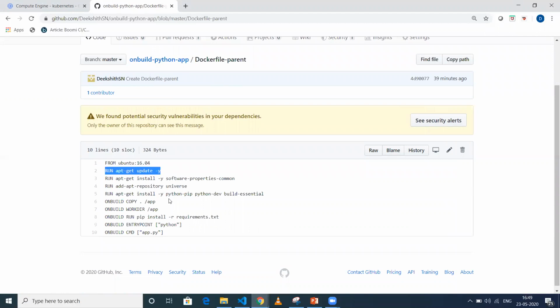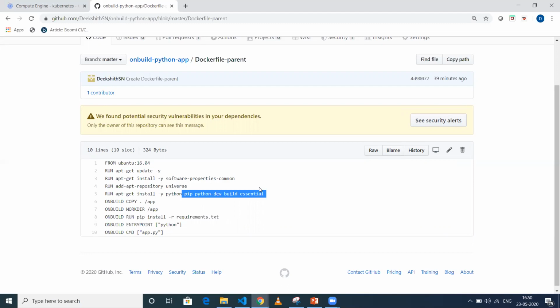Basically I'm setting up the environment for the Python application, installing all the dependencies it needs to run, such as apt-get install software-properties-common and apt-add-repository universe, and all these things.